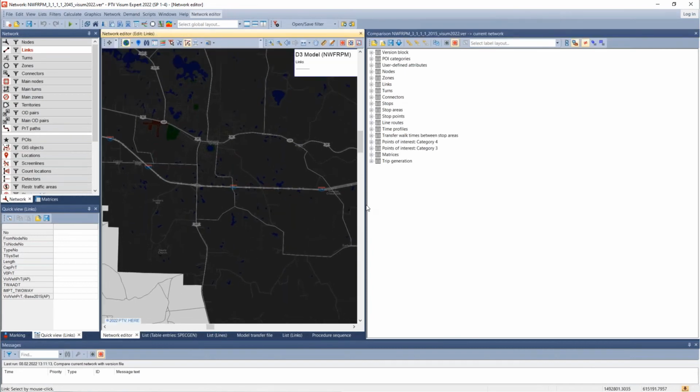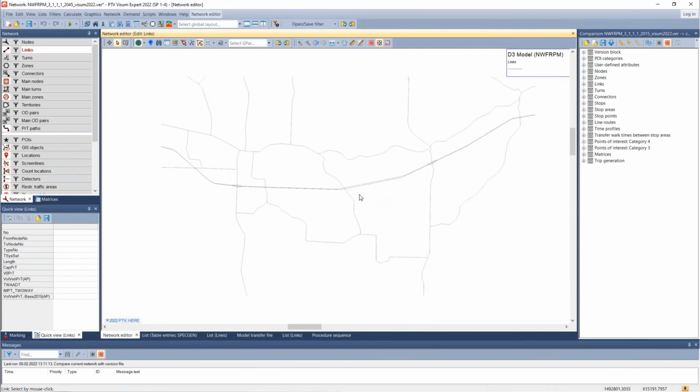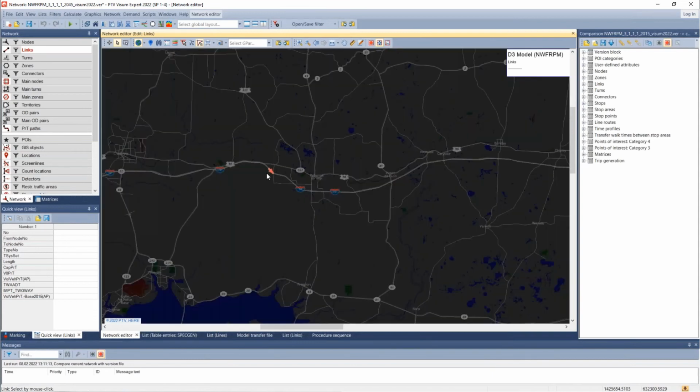So once we have these model comparisons imported into each other, we can go back and look at the attribute values for those objects. So for example, if I double click on a link,